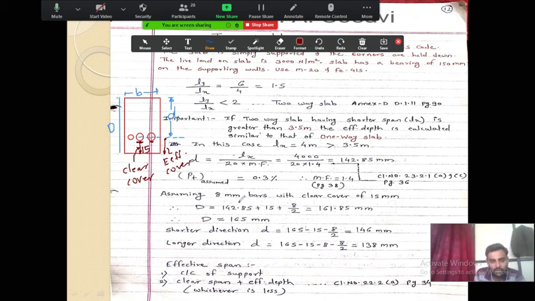Okay, so that is why capital D is equal to this small d, then this 15 is nothing but your clear cover. I will write here CC, clear cover, and this is half of bar diameter. So your overall depth works out to be 161.85. So we round this depth to 165. We can't provide in points depth, so we have increased it to 165. So we took the value of capital D as 165. But as our depth was 161.85, our effective depth at the same time is 142.